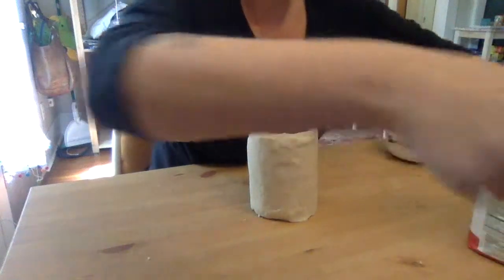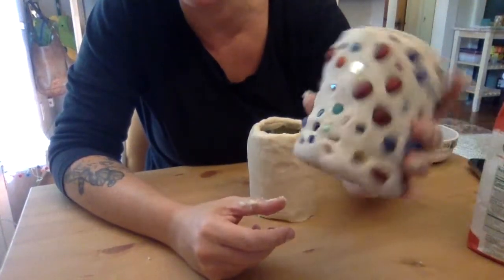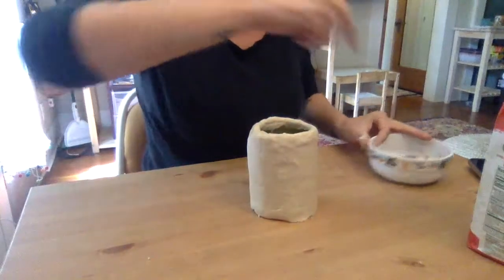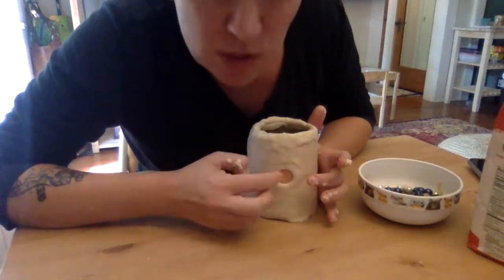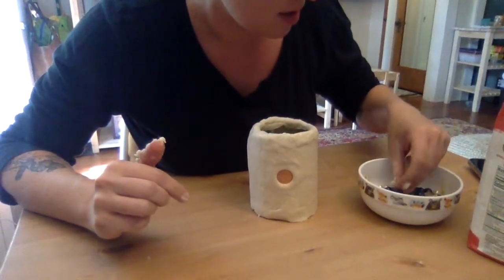So you can do what my son did, which was to just randomly stick all sorts of things in there, or you can do a pattern. I'm gonna try and do a pattern, okay? I'm gonna attempt to do this backwards so y'all can see it. You want to squish them in there enough so where the clay kind of poofs out. Let's do...